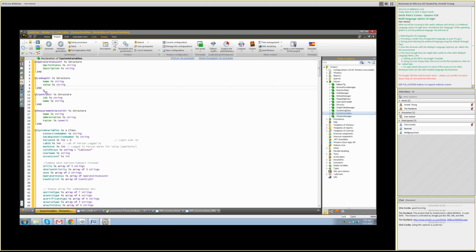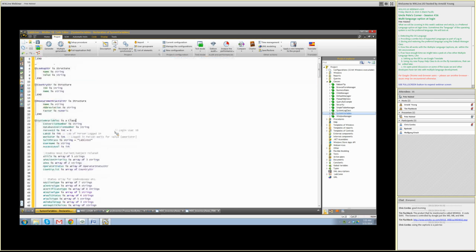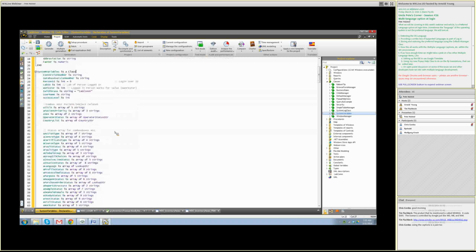The user can't change those statuses, but we want to store status numbers instead of the strings in all of our tables. So we did those as fixed lookups. So we declare the structure. Now the next thing we do after we declare the structure is, if we come down, we will see